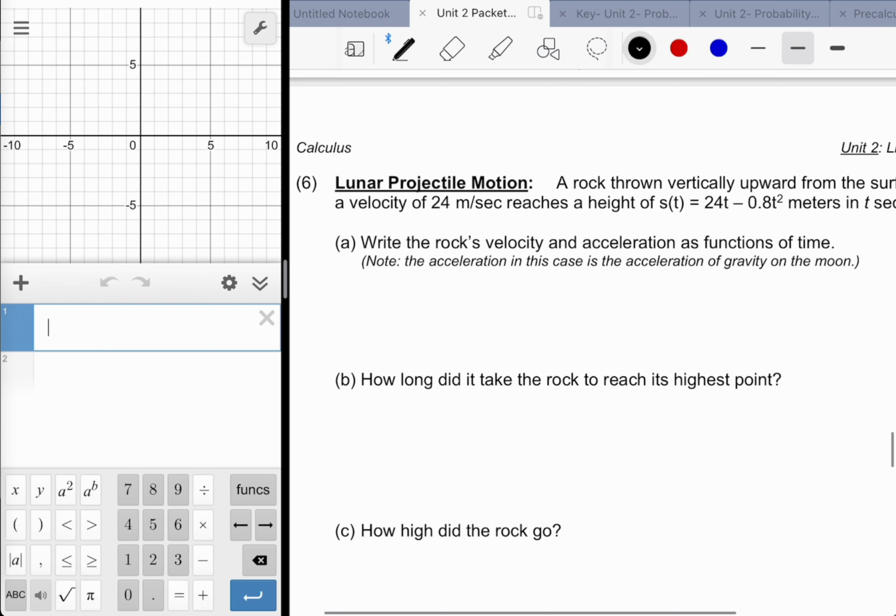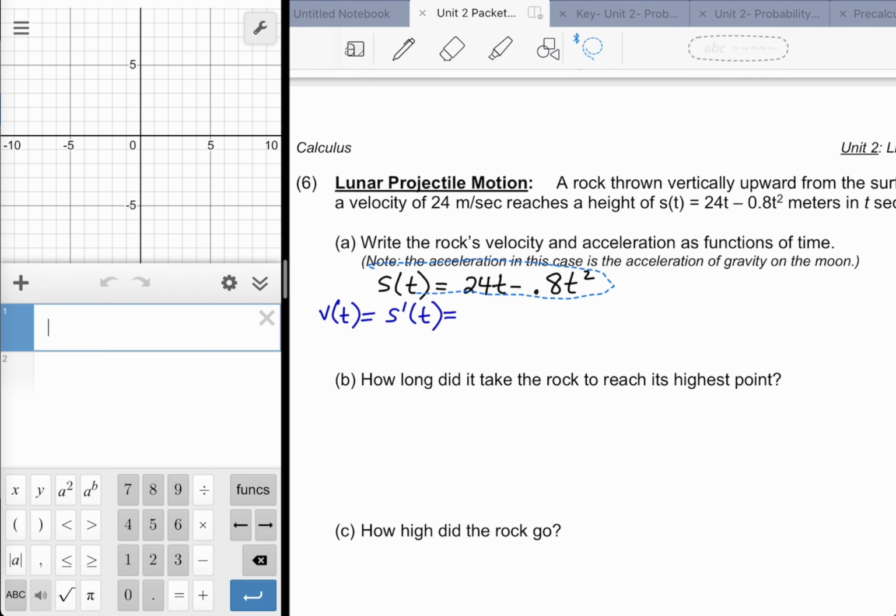So we have s of t, very easy, already given to us, that's why it's easy. Just rewriting. Velocity, v of t, is s prime of t, so the derivative of my position function. Applying the power rule, the derivative of 24t would just become 24. The derivative of negative 0.8t squared, again, multiply power by coefficient, you get negative 1.6